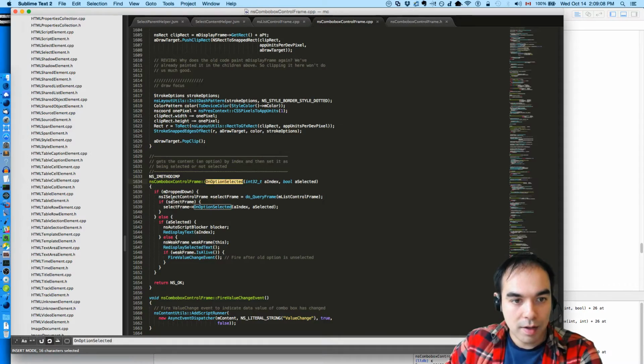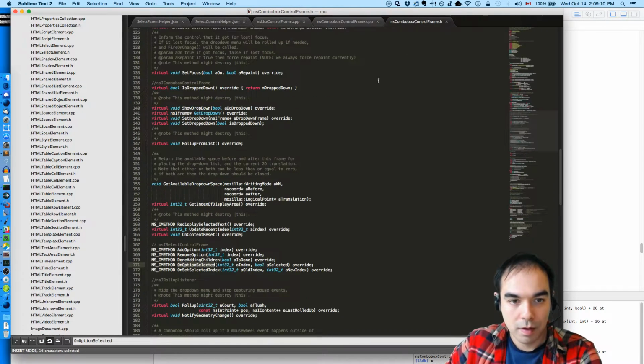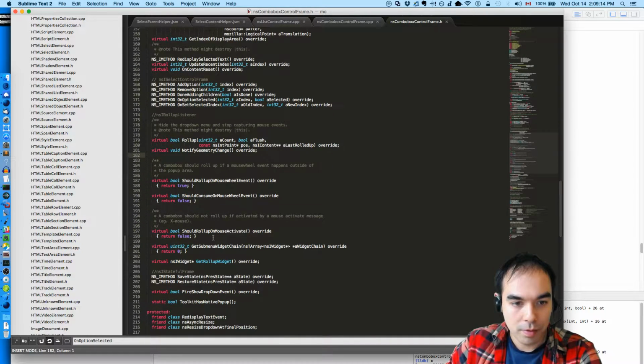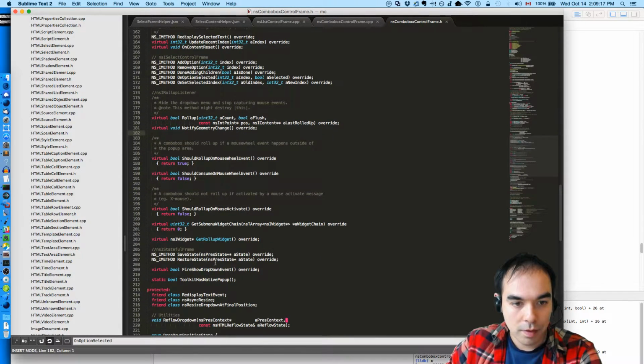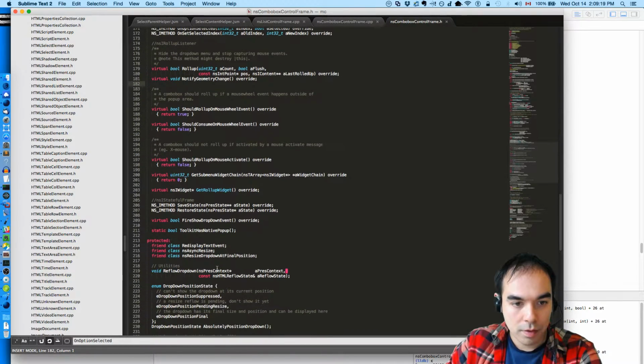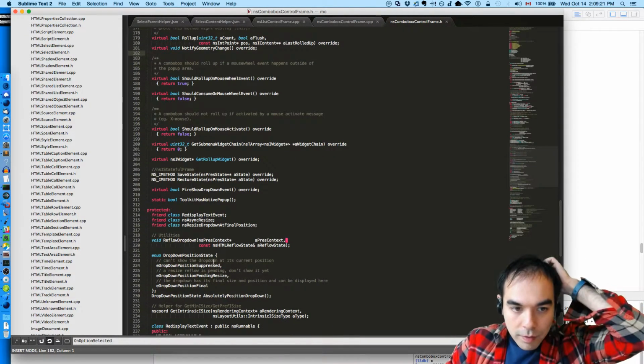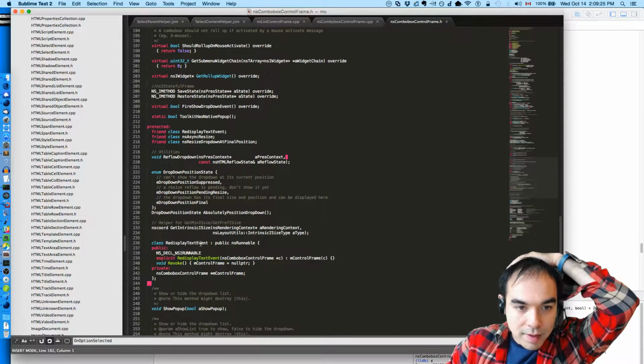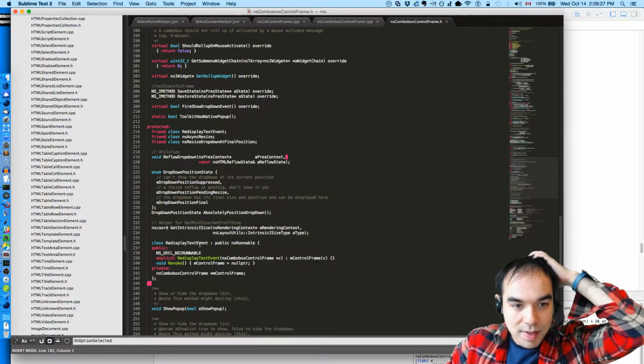No, that's not it either. Notify geometry change roll up. Reflow. Redisplay text event. What's that?